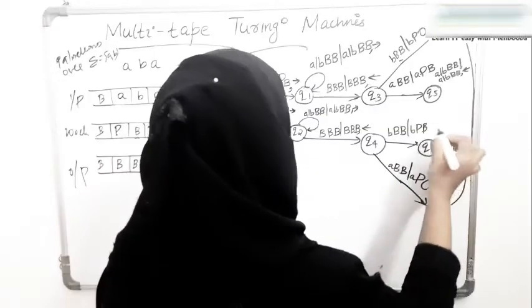You just leave them as it is and keep on moving to left. So whether it is an A or B and blank in both the tapes, you just keep them as it is and keep on moving to left. Now if you are seeing